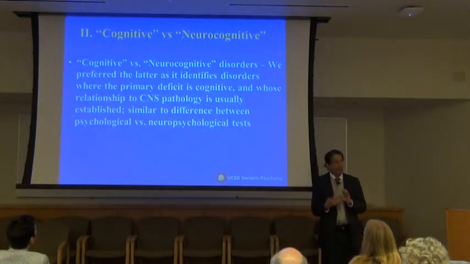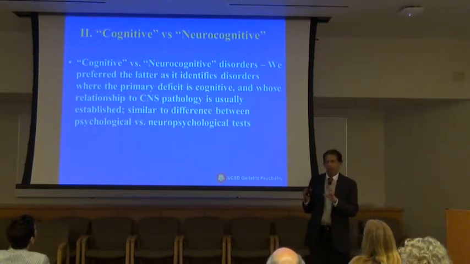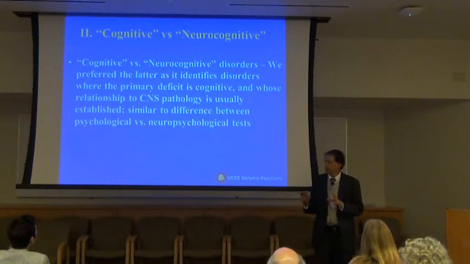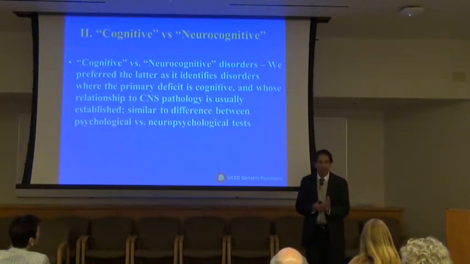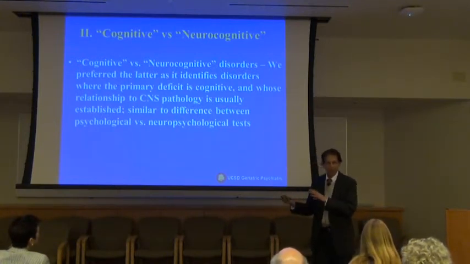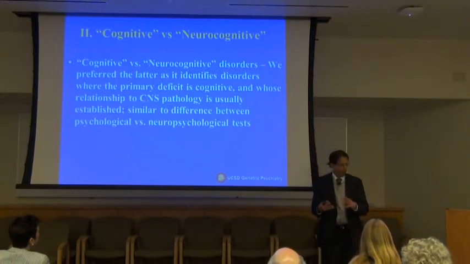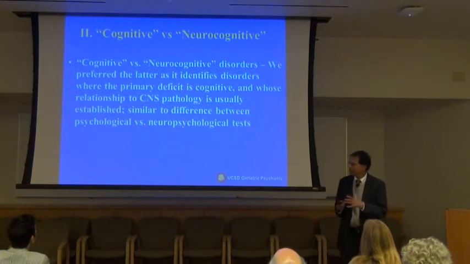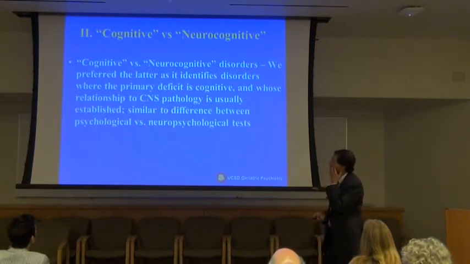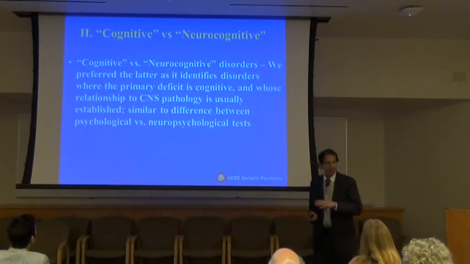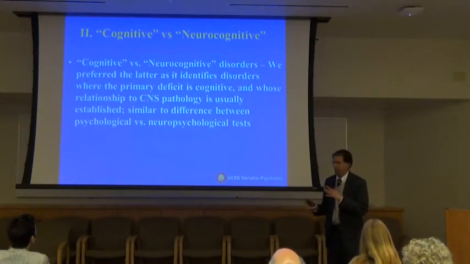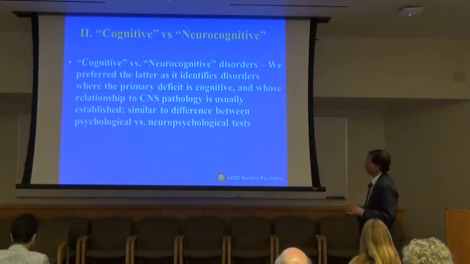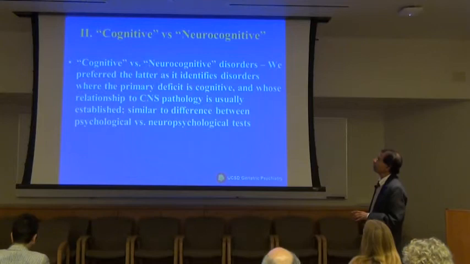Actually, we know generally in our own mind who is a psychologist and who is a neuropsychologist. We don't say that MMPI is a neurocognitive test or Rorschach is a neurocognitive test. We say it is Wisconsin card sorting or Boston naming, etc. So the neurocognitive are those where we know the brain basis to some extent, more so than for cognitive testing in general. So that was the reason for using neurocognitive.